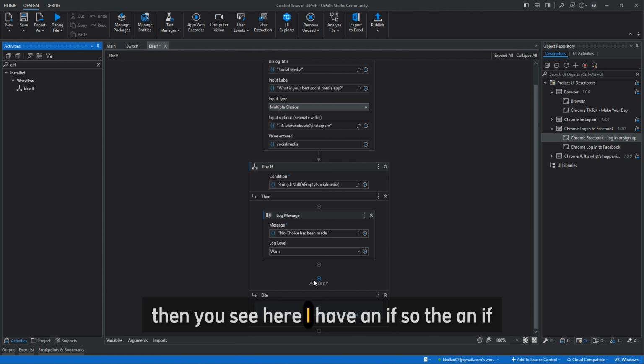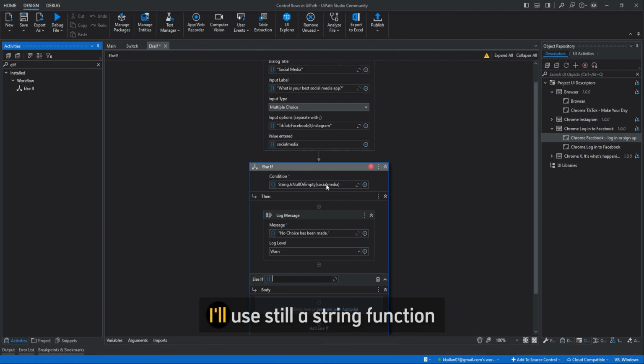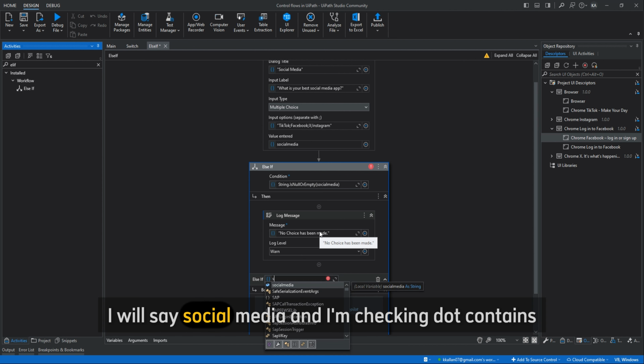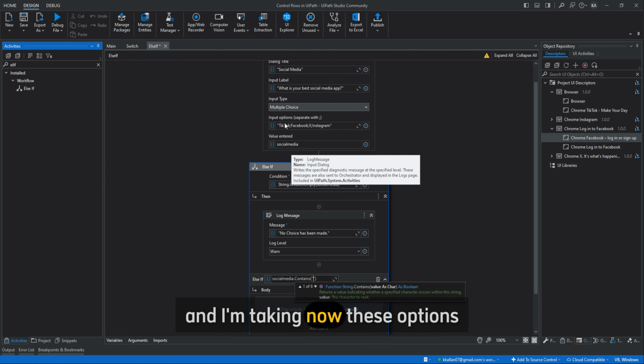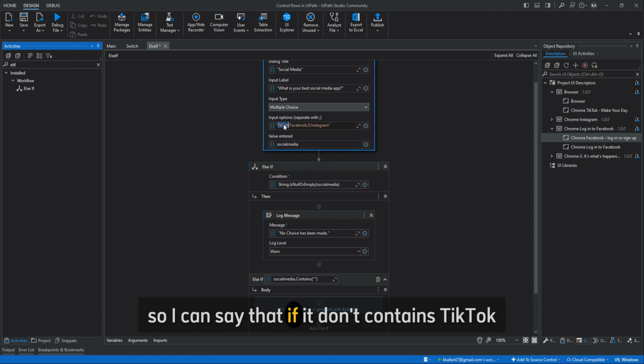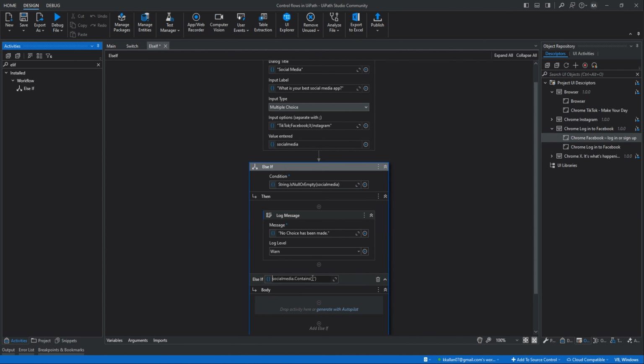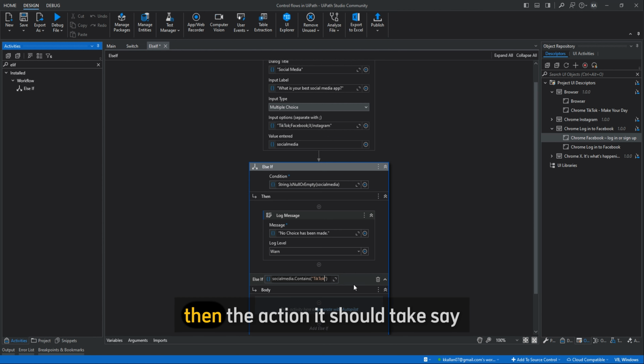Then you see here I have add if. With the add if, I'll still use a string function. I'll say social media, and I'm checking .contains, and I'm checking now with these options. So I can say if it .contains TikTok, then the action it should take, could say,